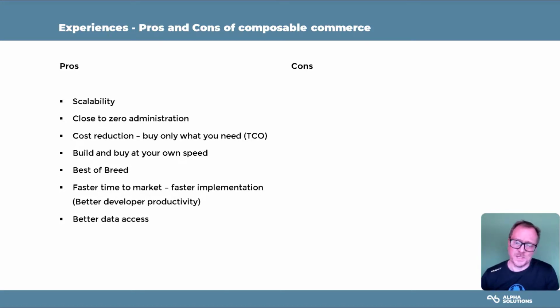So you also have better data access. An example would be that we all have been in a situation where you need information in this database, but you can only get it because it's Thomas over there. He's the only one who has access to it, and he's not there this week. But the whole idea is everything here is only API driven. So there is access to all your data all the time through these APIs. Of course you need access to the APIs, but you're not dependent on that individual guy that has the access.